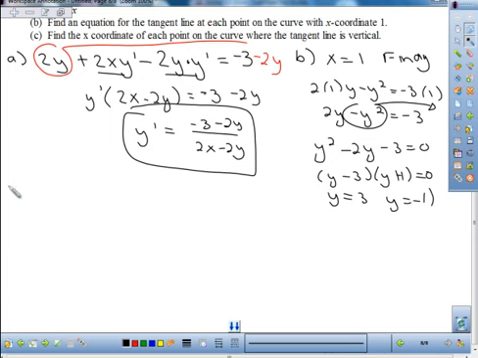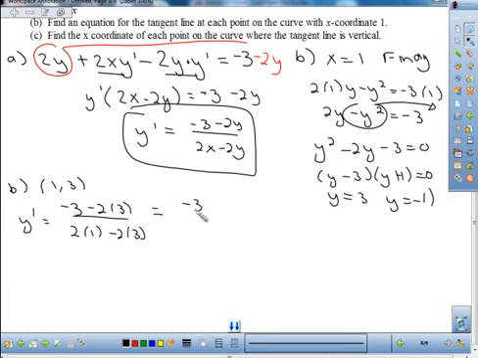Okay. So in my first point, 1 comma 3, my slope is going to be, so I'm going to substitute wherever I see an x, I'm substituting a 1. Wherever I see a y, I'm substituting a 3. So I'm going to have 9 over negative 4 or 3 halves. So my equation of my tangent line